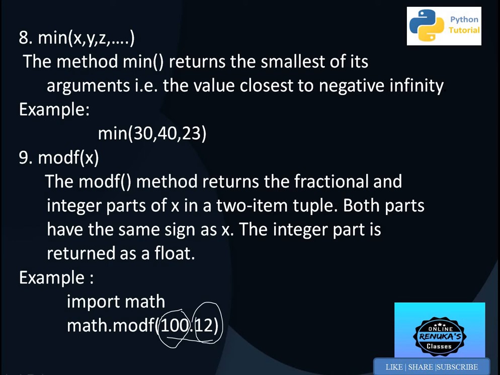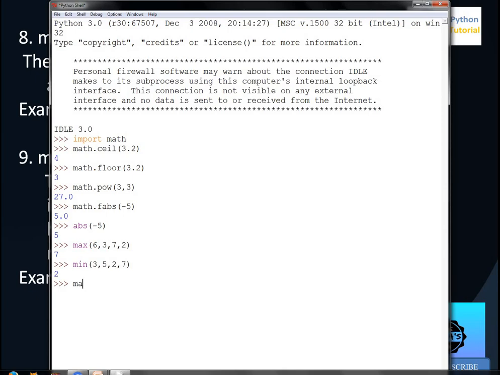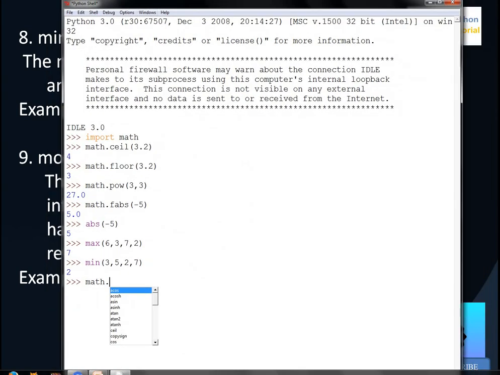So this also we can see on the Python prompt, math.modf(13.45). You can see first it is giving the result in tuple form. First it is giving the fractional part and then the integer part, but the integer part 13 is also shown in float form, that is 13.0.